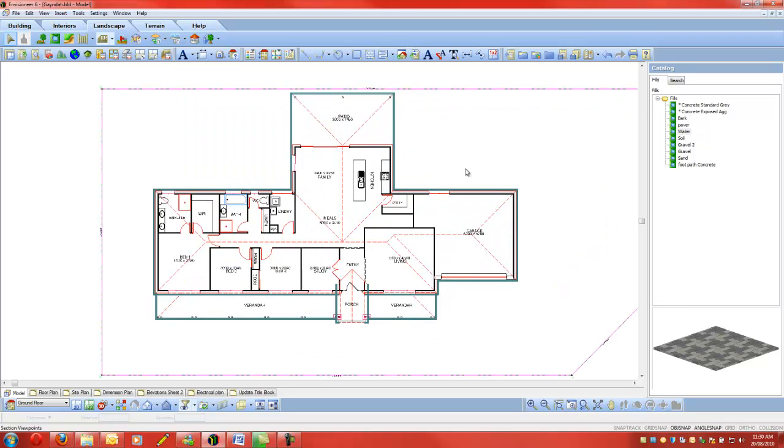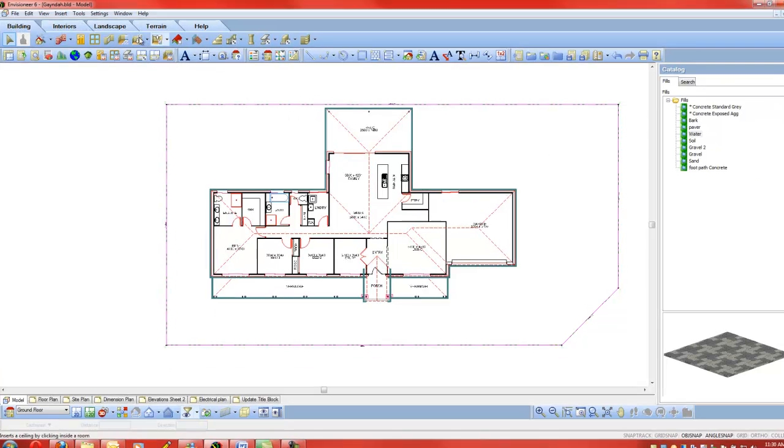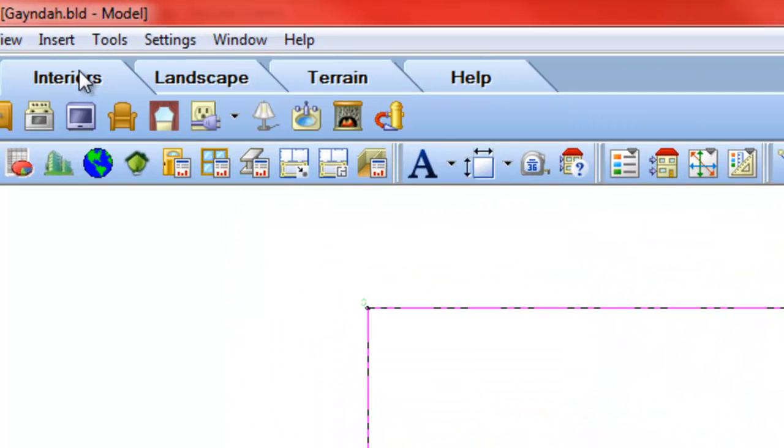Now we need to work out the stormwater and sewer for the house, and before we do that we need to put some gutters on the house. So we go to ground floor, location, building, and we check out, strangely, gutters. Downpipes are in the interiors, they're under plumbing accessories, okay,